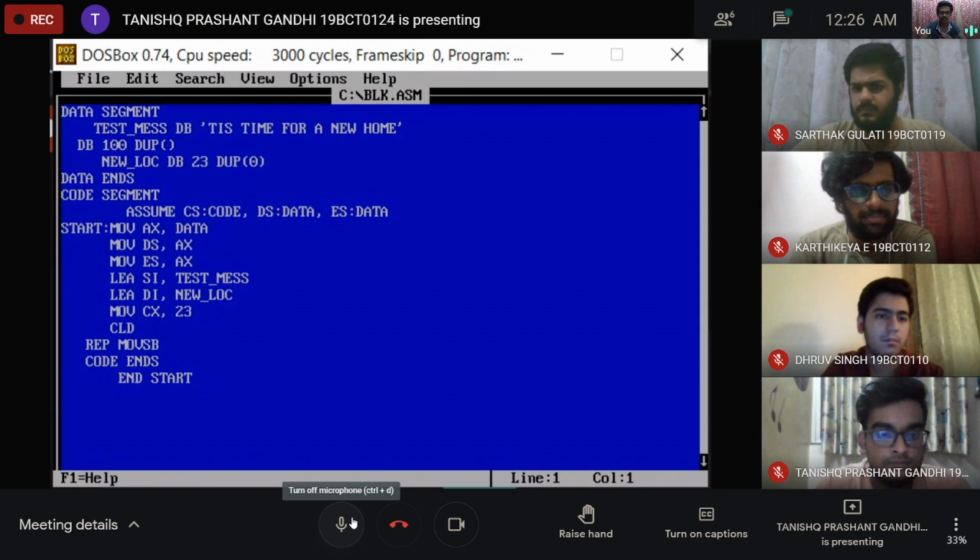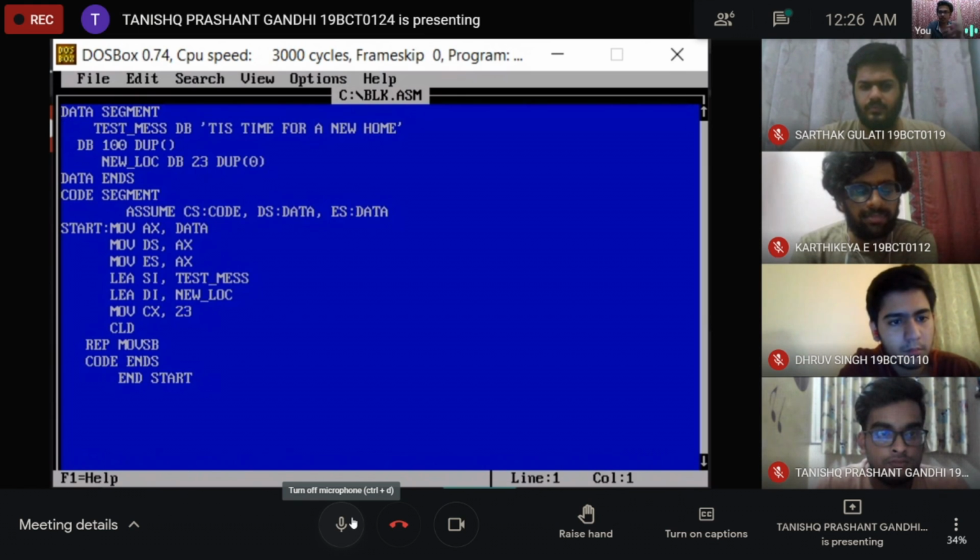LEA means load effective address, which is loading the effective address of the test_mess pointer in SI. Also LEA DI, new_LOC is loading the effective address of the new_LOC pointer in DI.